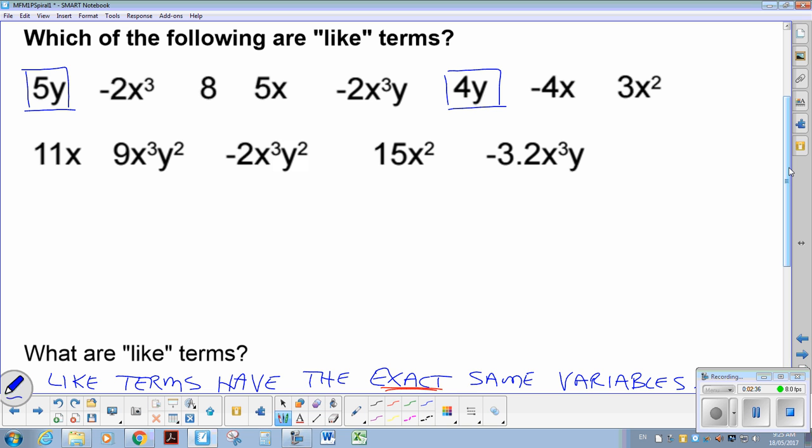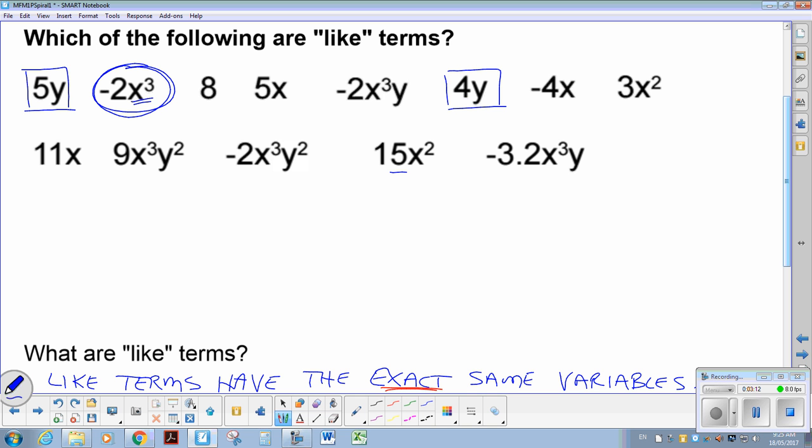You notice I don't say anything about the number in front. The -2 does not matter. We are looking for x cubes. As we scroll across, here's an x cubed. Are these two like terms? The reason they're not is because of that y. This first term does not have a y, so these cannot be like terms. Moving to the end, there's nothing there. Here's another x cubed, but there's a y, so that can't be a like term. 15x squared. So there are no like terms for the x cubed, so that's going to be the only one